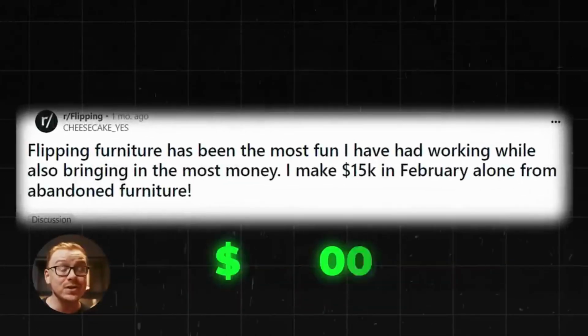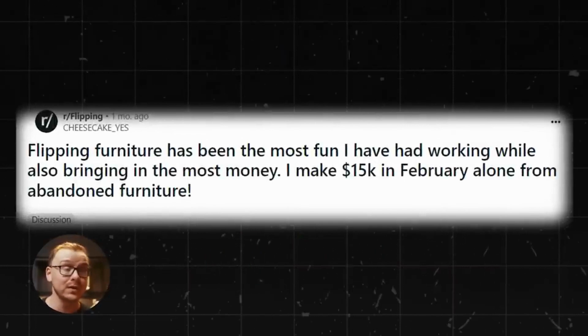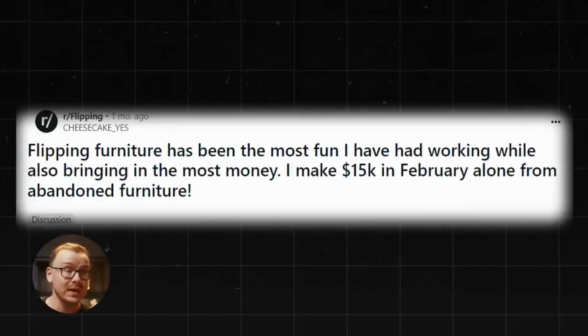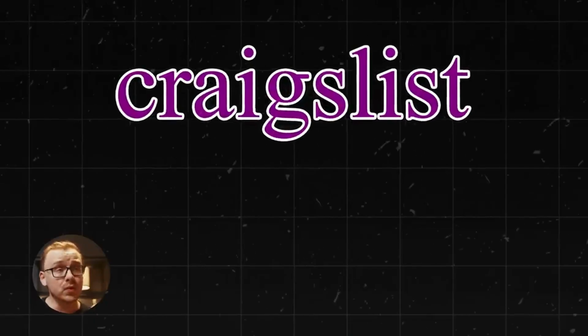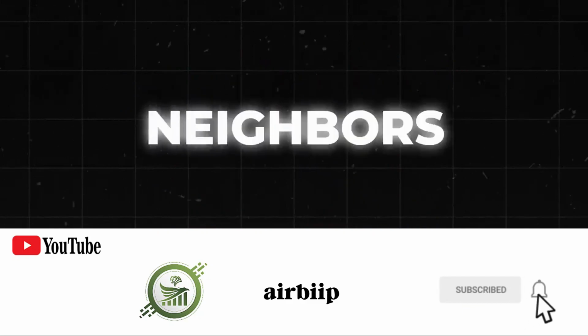So this person, for instance, said they made $15,000 in February alone from abandoned furniture. Literally just abandoned furniture. They just picked it up. It was completely free. They fixed it up, they cleaned it up, and then they resold it, and they made $15,000 in February alone. And they say that they use websites such as Craigslist, Facebook Marketplace, OfferUp, Neighbors, and thrift